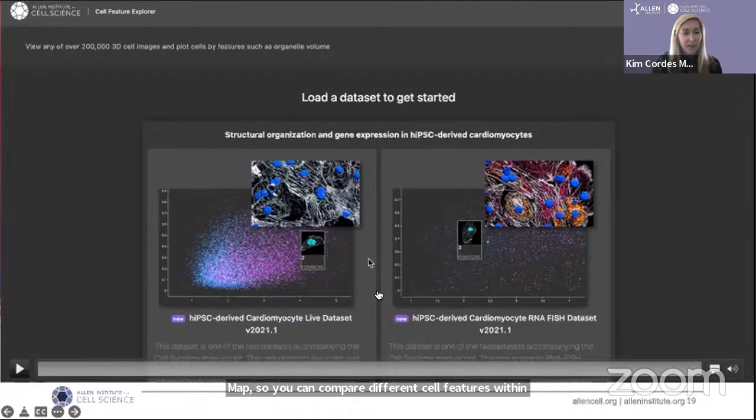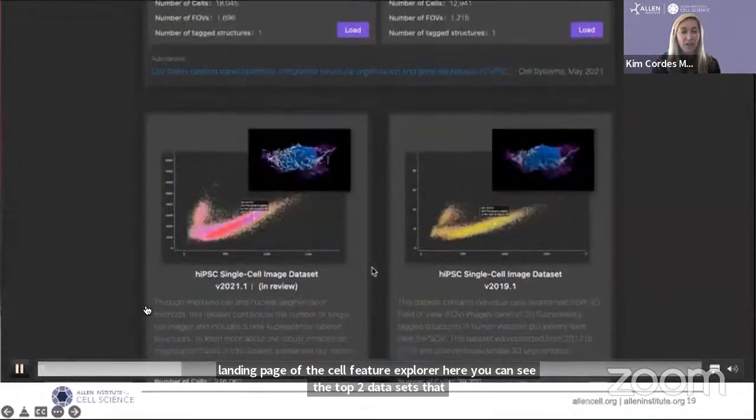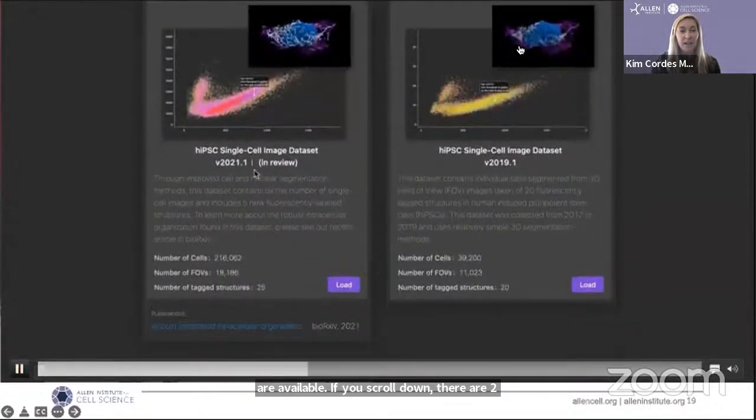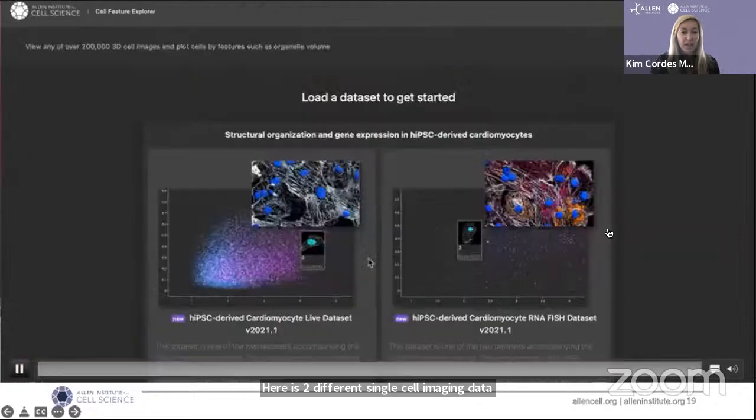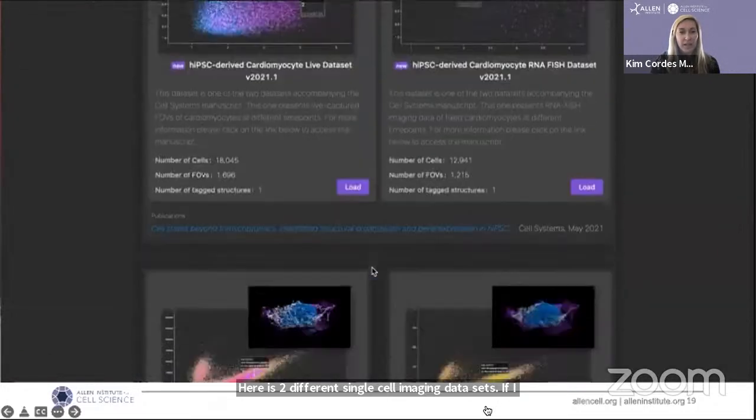Here's the landing page of the Cell Feature Explorer. Here you can see the top 2 data sets that are available. If you scroll down, there are 2 additional data sets. Here are 2 different single cell imaging data sets. If I click on the one on the right and load that, what you can see is